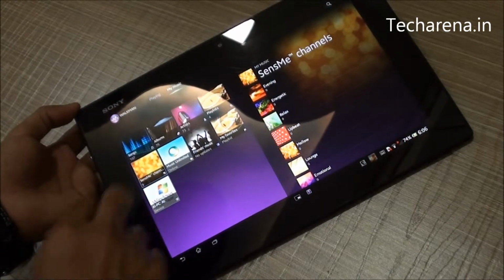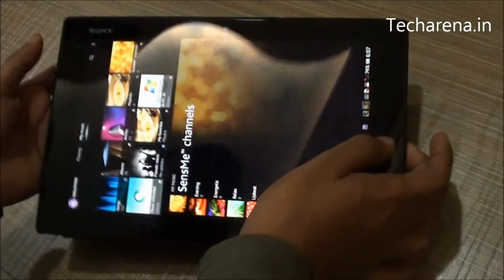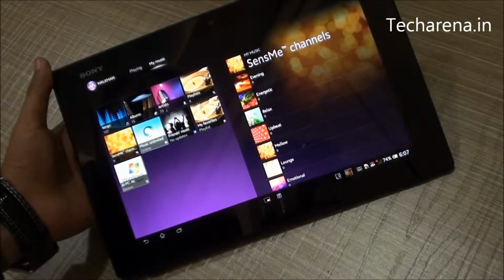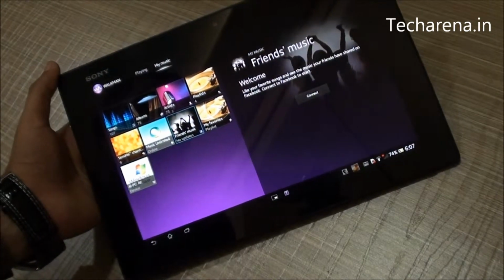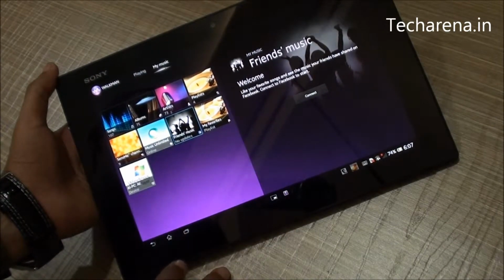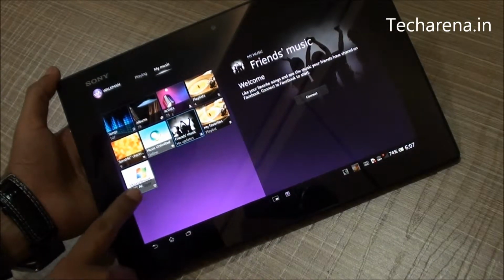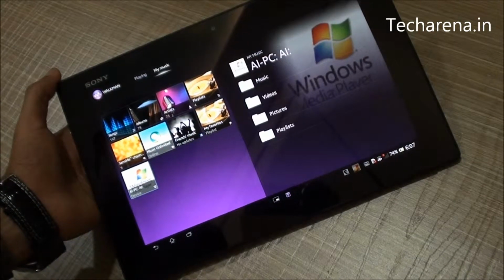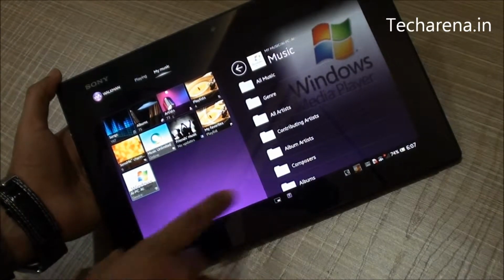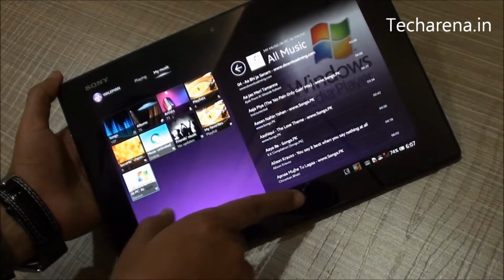There's a Music Unlimited application also available that works through a web browser. This application works in association with Sony Entertainment Network that gives you a set of free programs, channels, albums, etc. You have a Friends Music section available where you can connect different similar devices and share the same kind of music on every device. And as I showed you before in the movie, we have a separate section available for accessing media server or for accessing files which are shared on a LAN network and which are accessible through this application also. So this is working on Wi-Fi.